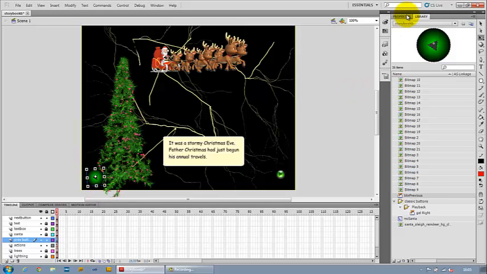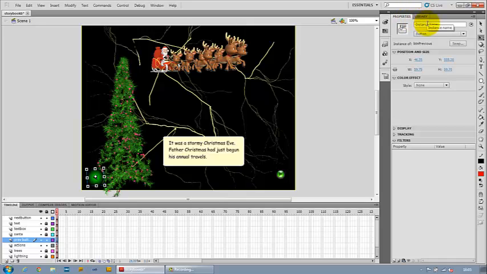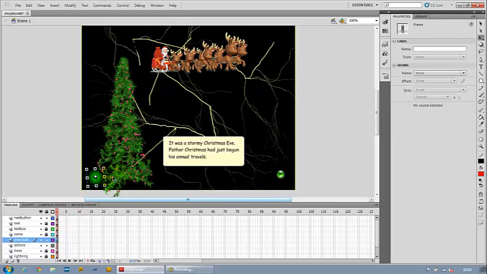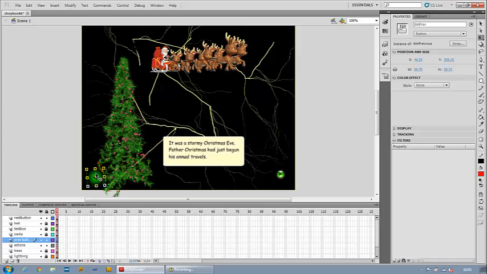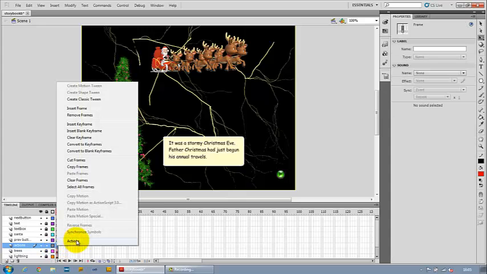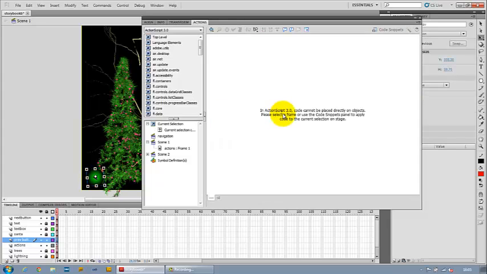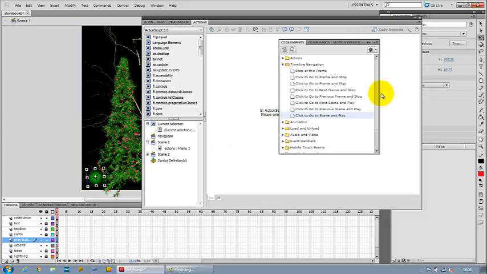And always, if you're going to add an action to a button, what you need to do is give the instance a name. So I'm going to call it BTN PREV. And then finally, I can add an action to my button. So an action to go to the previous scene. Again, I click on my actions. So add an action, click on actions, right click, click on actions, then select the symbol, click on code snippets,